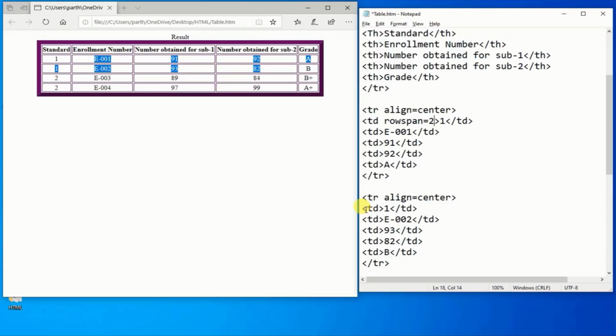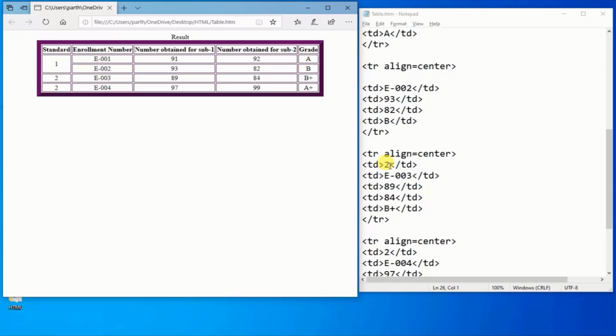And we don't need it on the next row's standard column, so we delete it. Save and refresh to check whether our desired output is coming or not. In the same way, we are doing it for standard 2 also.